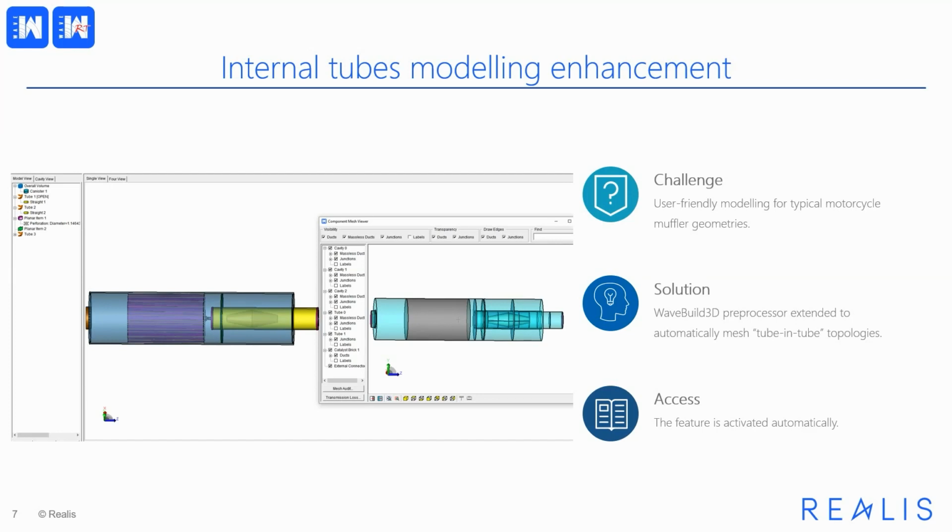This enhancement allows Wave 3D to effectively model a wider array of acoustic mufflers, encompassing configurations like a straight tube situated inside another. The functionality accommodates various setups for both tubes, such as the internal pipe being offset and/or inclined to an external pipe. It also covers scenarios where both tubes are perforated and the internal tube spans multiple sections